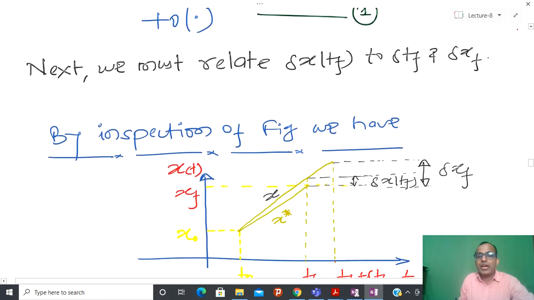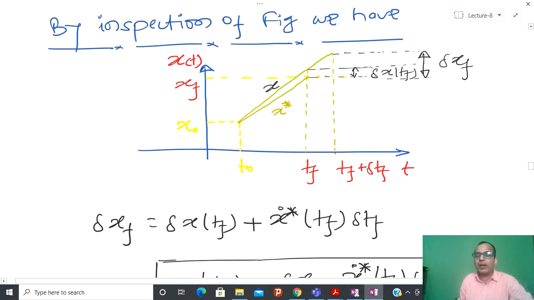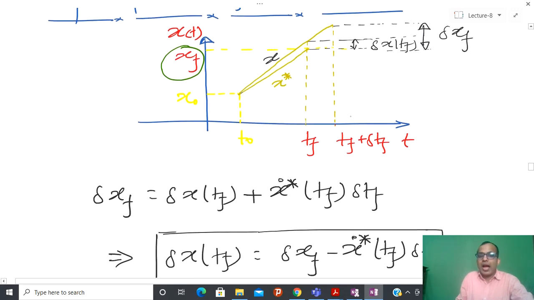Now from here onward, a new step is going to start. And why does the new step come into picture? If you remember the previous lecture, at that time xf was fixed and tf was flexible. So in this direction there was no shift, but now xf is also free and tf is also free, and due to that we have variation in this direction also, and so now I have this kind of relation, delta xf.